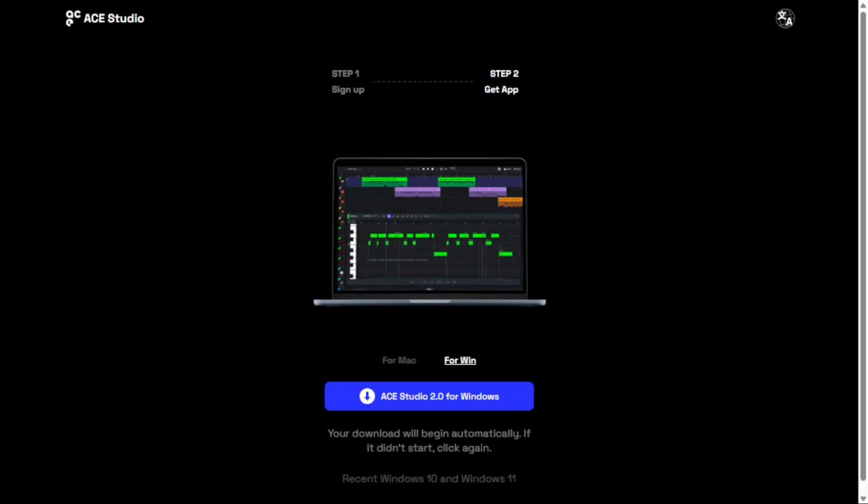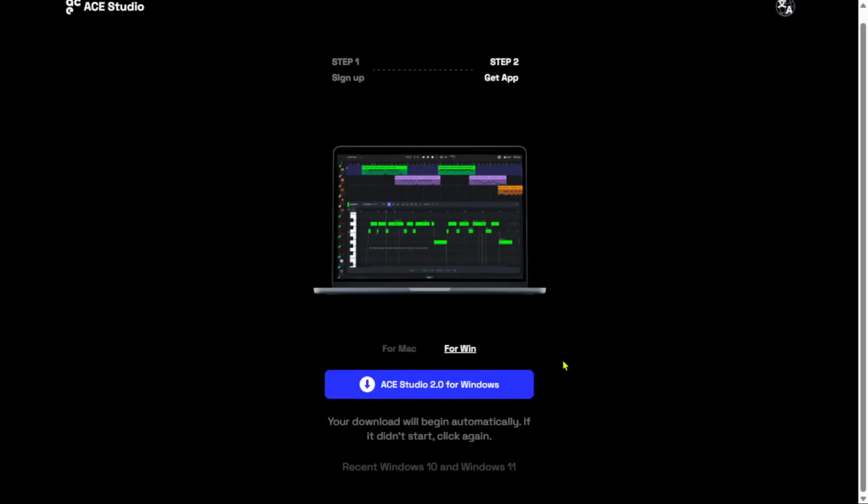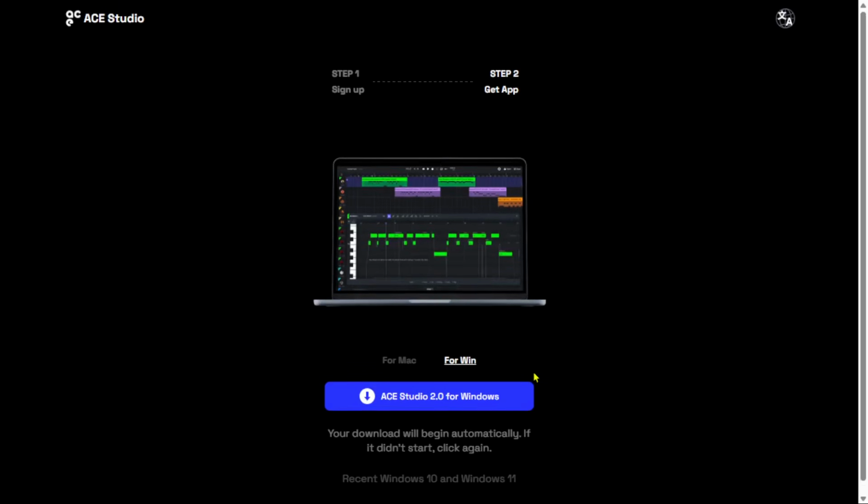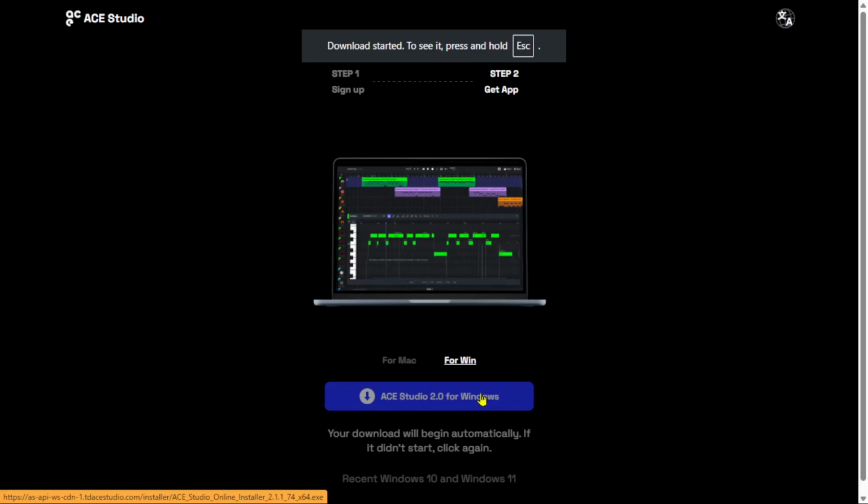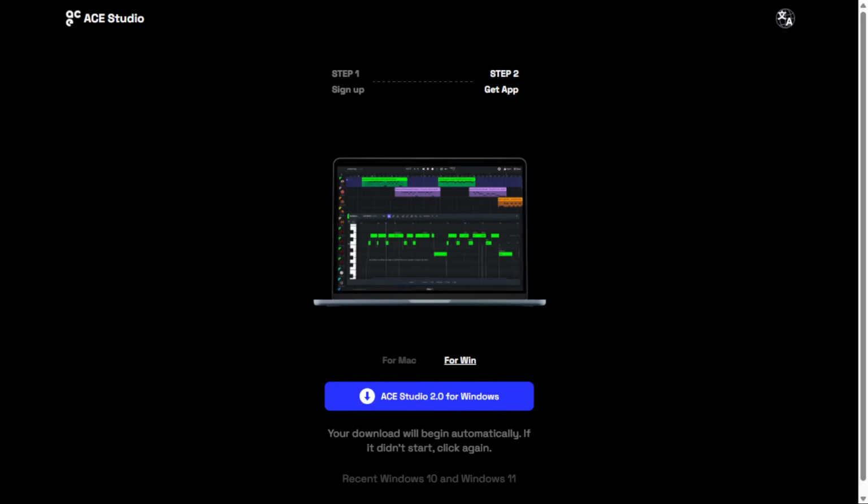Your download will begin automatically. If it didn't start, click again. Okay. So let's see if it indeed begins. Click on it again. Okay. Download started. Just give it some time to download.